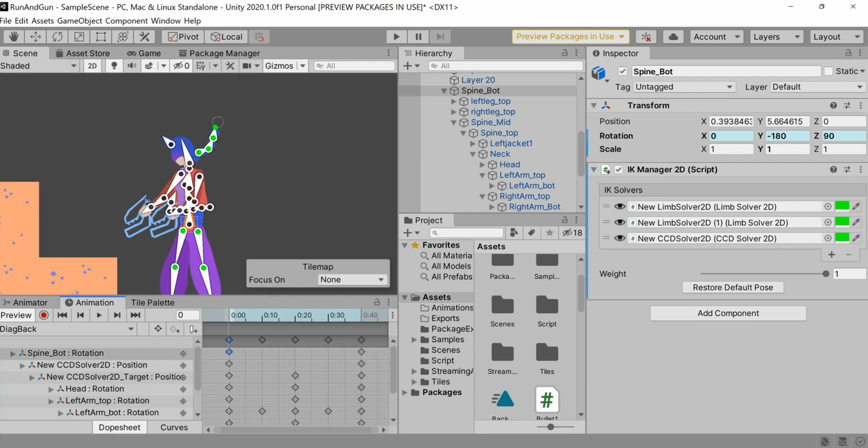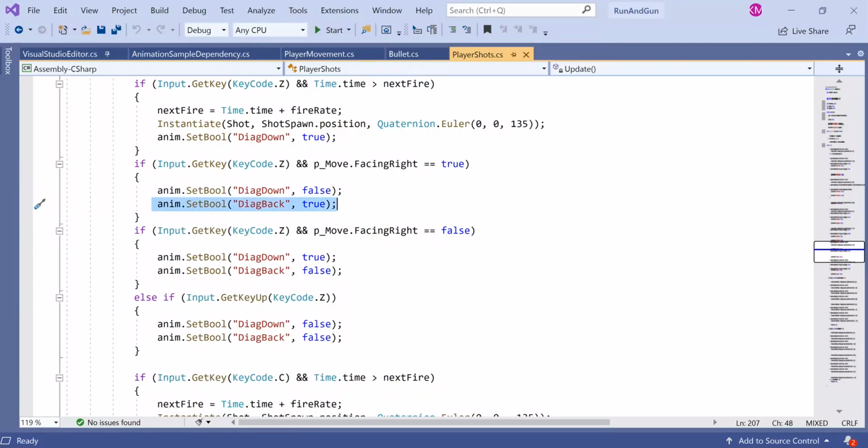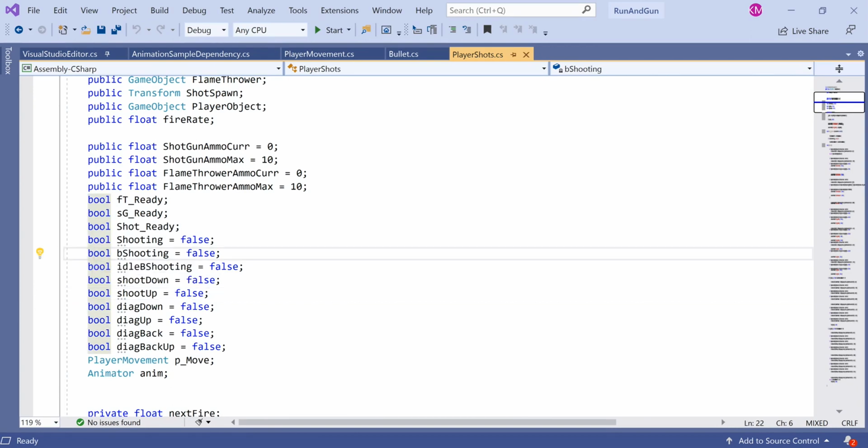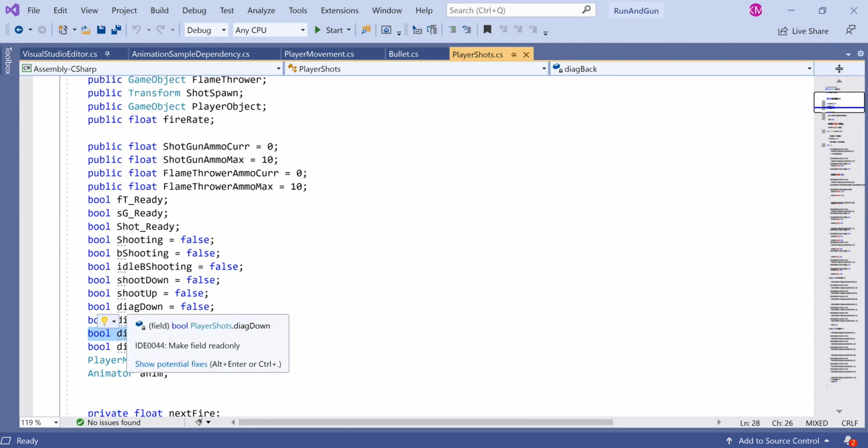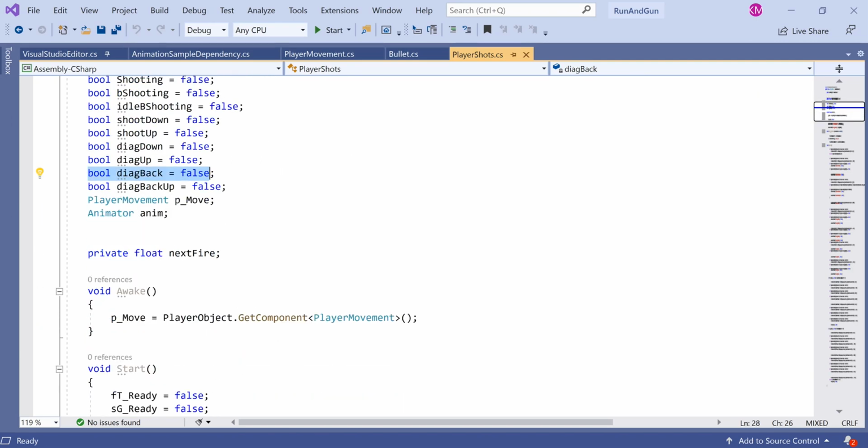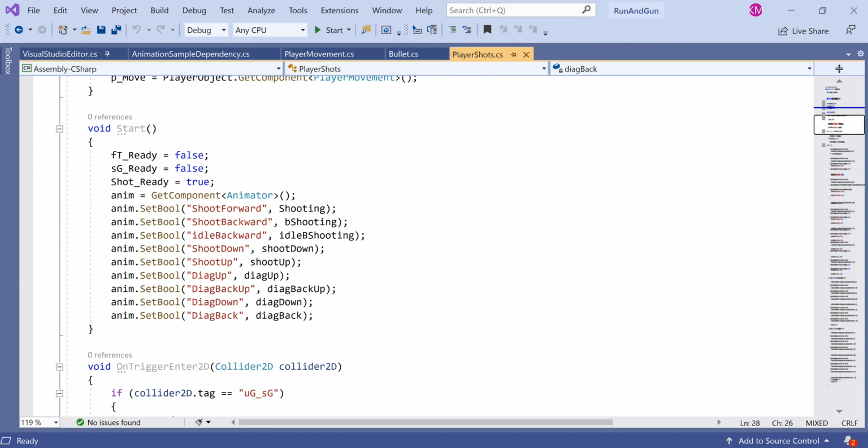We'll go back into our script, so let's go into Visual Studio. Now the first thing again is of course to make that initial boolean. So I've called this diag back. We could call it diag back down just to be more specific, but I already have diag back up, so I'm alright with what I've got here. We go into void start. We set it up with the animator, so in this line we have anim.SetBool diag back,